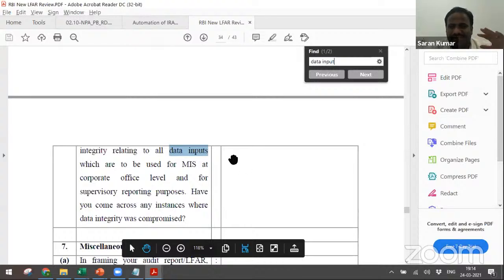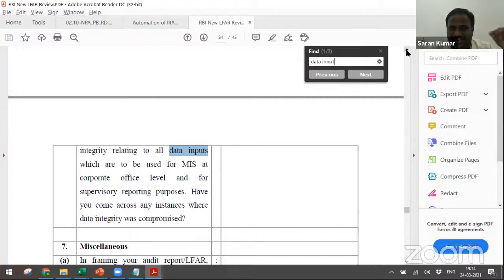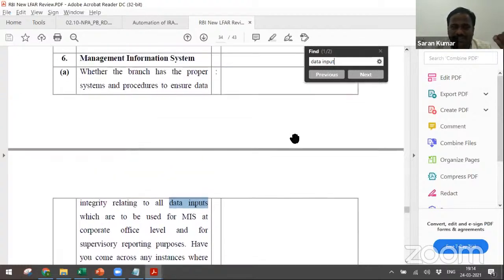This is a very vague, high-level question. Friends, system-related and data-related inputs do not belong to just one branch. Ideally, this question must be for the central statutory auditors, but I am surprised looking at this question because they are talking about the data integrity of the inputs. So here there may be a conflict. One branch auditor reported this very seriously. The other branch auditors did not report anything. That means, for the same point, if I find a data integrity issue in one bank, obviously the other banks must have the same issue, right? If that is the case, how can two auditors give two different opinions? Ideally, this must be above the level of the branch auditor, but anyway, since it is part of it, we need to comment upon it.